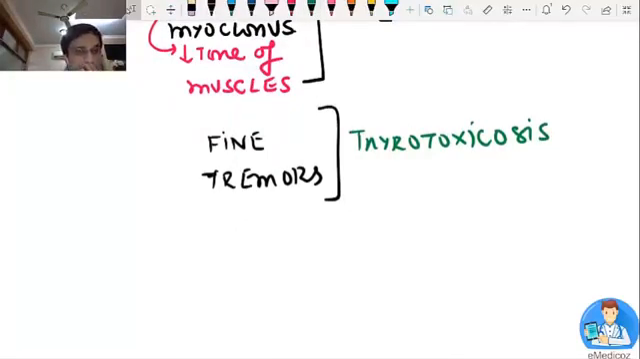So these are a few tremors that you all should know about, commonly asked as a differential diagnosis. If you see these tremors, what are you thinking about? Now,